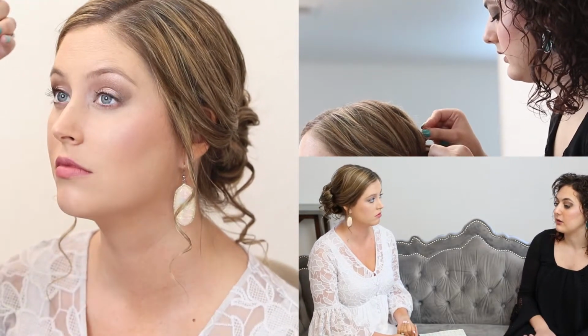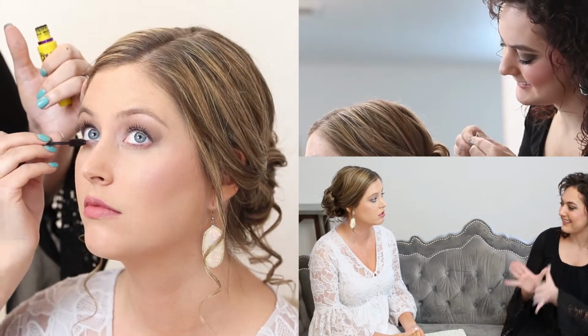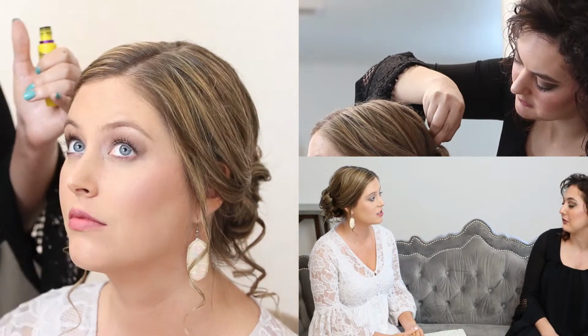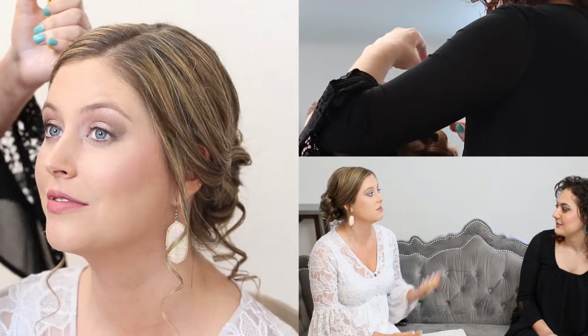I also even like to do it because certain people's hair, I don't know how it's going to hold a curl, and so I can say this is its test. If it's raining and windy outside and your curls are still lasting, I know day of we're going to be just fine. Awesome. And speaking of hair,